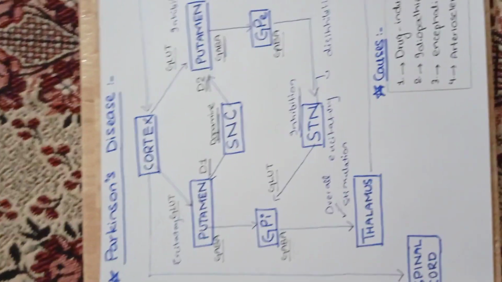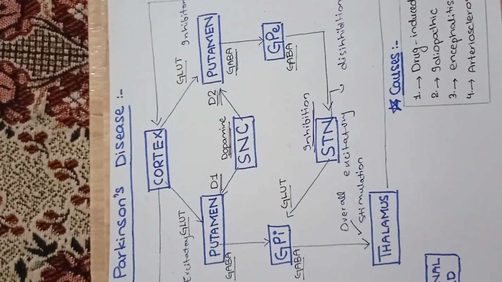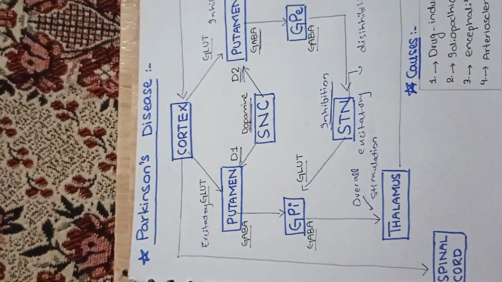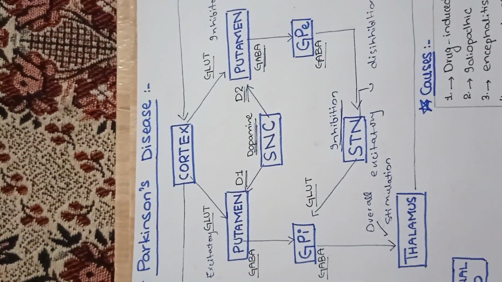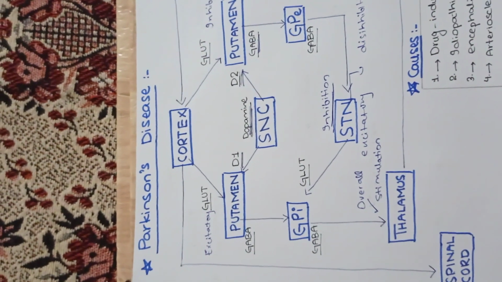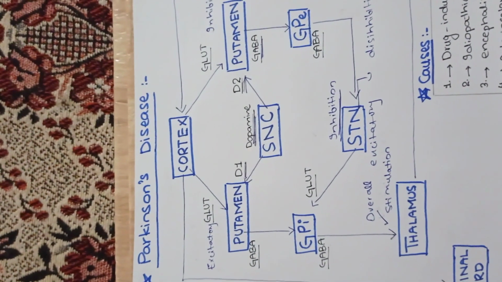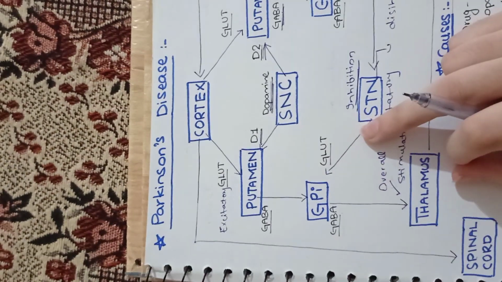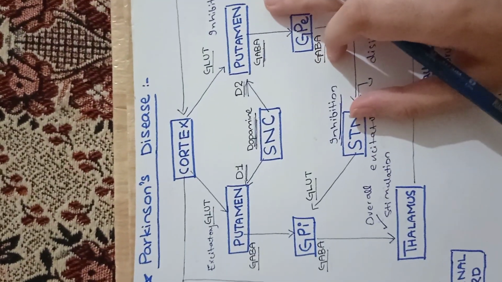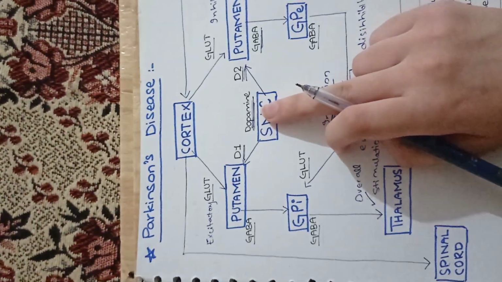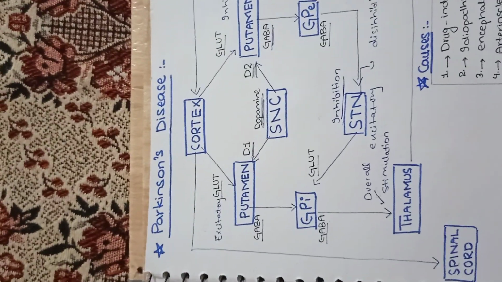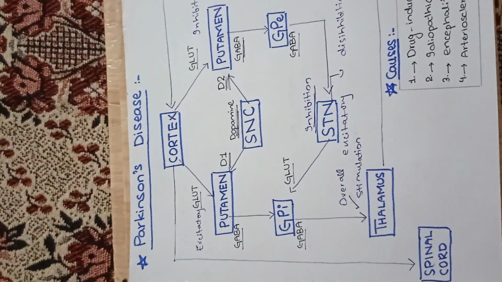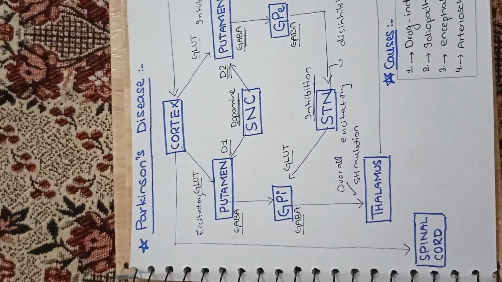And similarly, as I already told you, this indirect pathway is an inhibitory pathway, and it prevents the undesired movements. So when this pathway is not functioning normally, and similarly the balance created by dopamine between the excitatory and the inhibitory pathway is disturbed, that balance is necessary for the smooth functioning of our muscles or smooth movements. When that balance is disturbed, we will observe the clinical manifestations of Parkinson's disease, which include both hypokinetic and